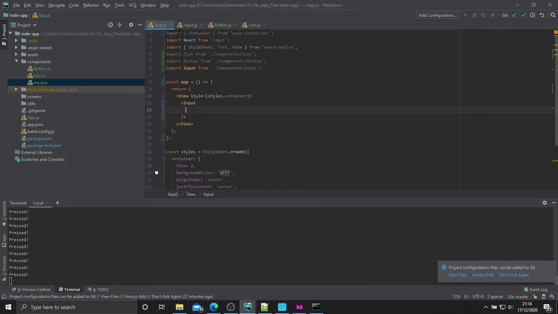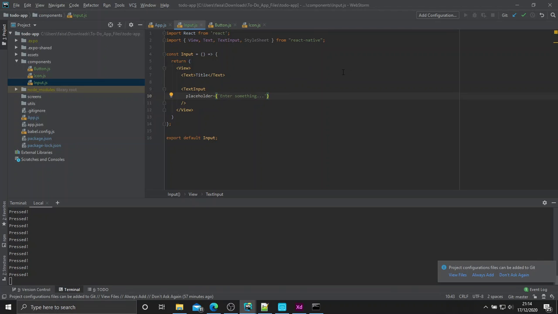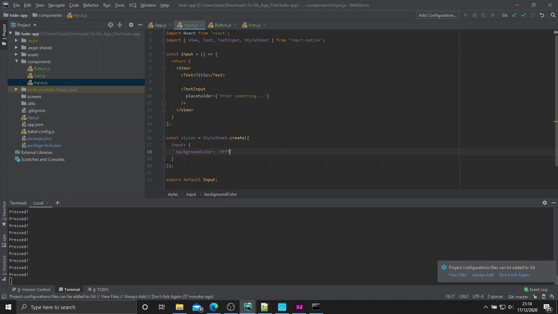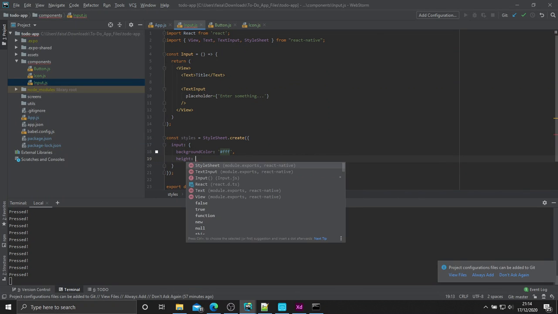We'll do that by going back into the input class, and of course we need styles. So let's go ahead and create a style sheet. Const styles equals StyleSheet.create, and let's define our input style. So here we're going to give it a background color of FFF, so pure white, and then a height of 40,